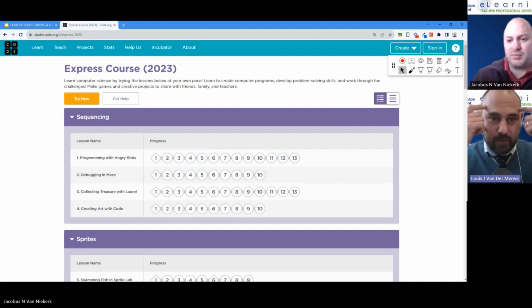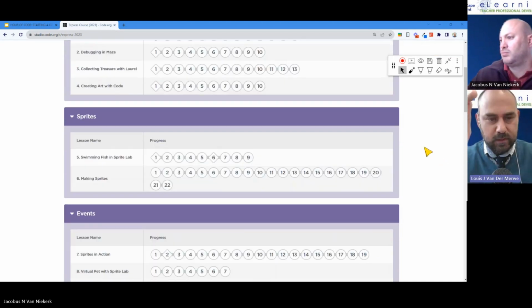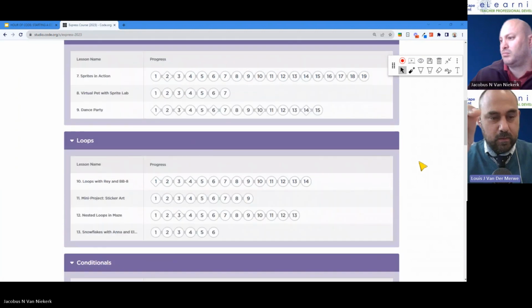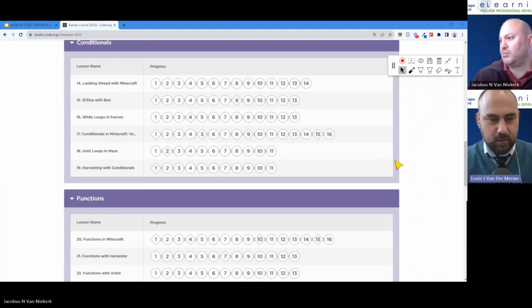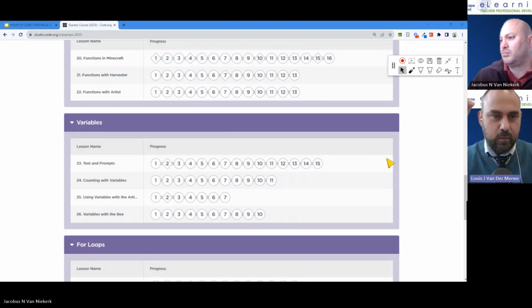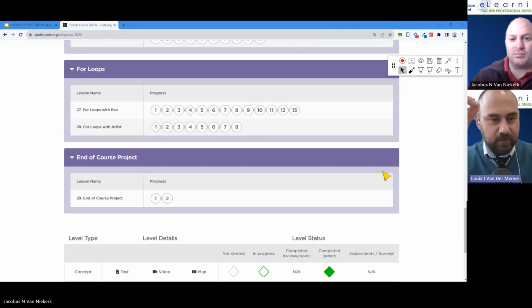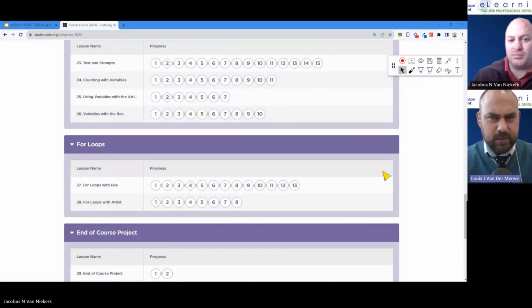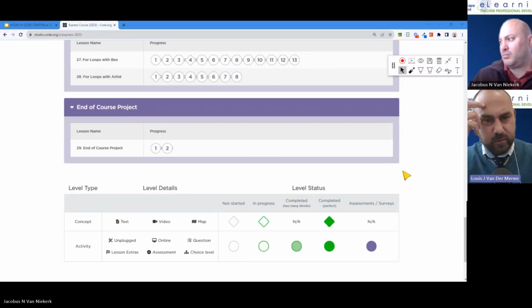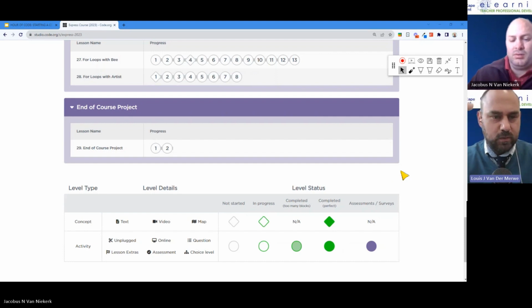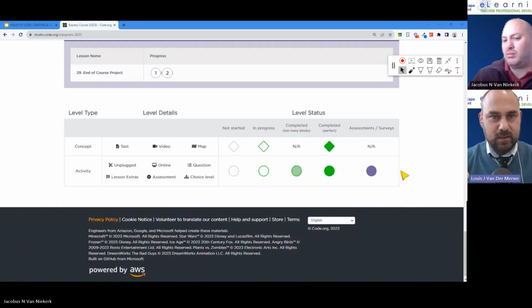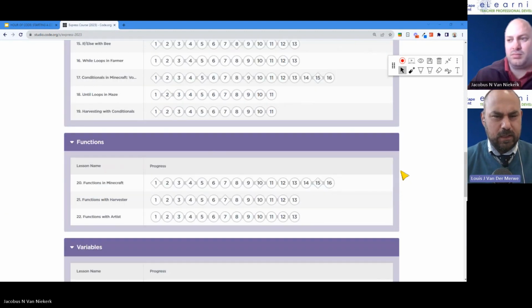Okay. What I like about code.org is the simplicity, the idea behind it. You can just have the kids click on one and you facilitate them going through the things. If you were to scroll down from sequencing, sprites, etc., and especially when you get to the Express part, the concepts they are learning there are loops, conditionals, if-else statements, while loops, functions. Now, we only teach functions in grade 11. Then embedded loops later on. That's probably the most difficult question in your grade 10 final exams, an embedded loop, a loop within a loop. But it's already built into this teaching system for code.org, which is free for a club.